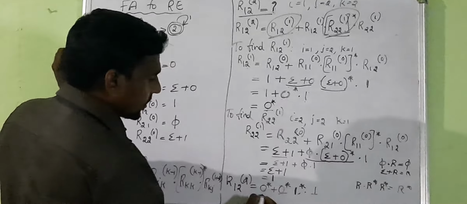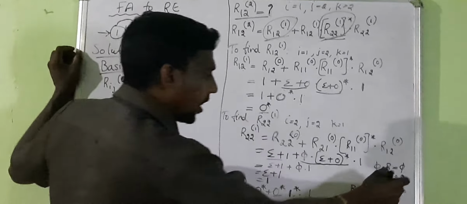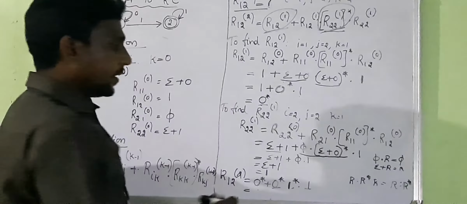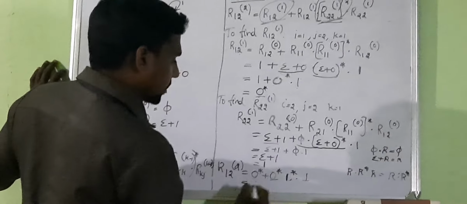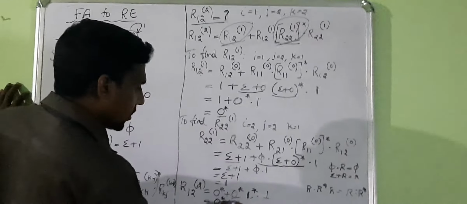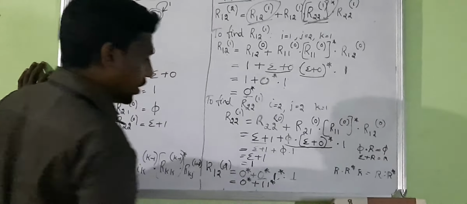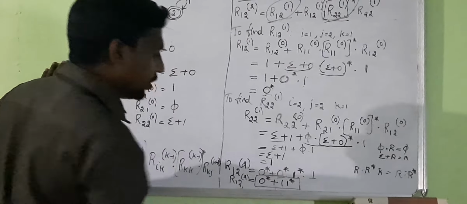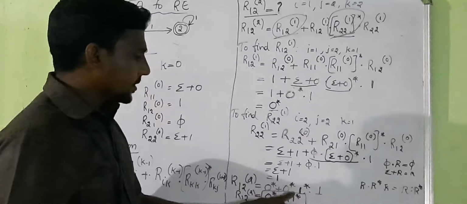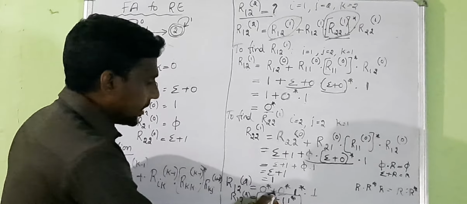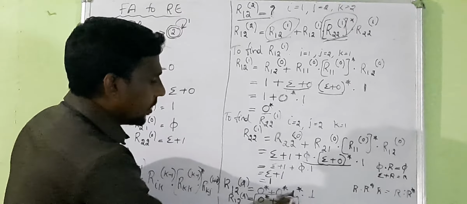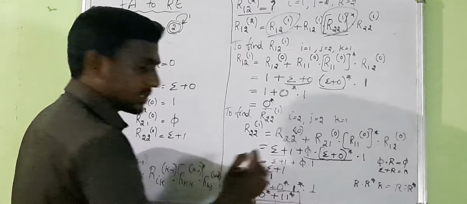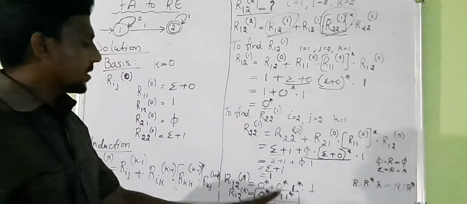Okay, so what is r star is, so I will get r star. R into r star r equal to r star. Okay, so now r star. So 1 star I will get 0 star plus 1 into 1 star. So r12 power 2 equal to, the answer is 0 star plus 1 into 1 star. Once again I will explain you how to minimize this. Is 0 star I apply the same, plus this is r into r star r. R into r star is equal to r star. So r star I will get 0 star plus 1 star.